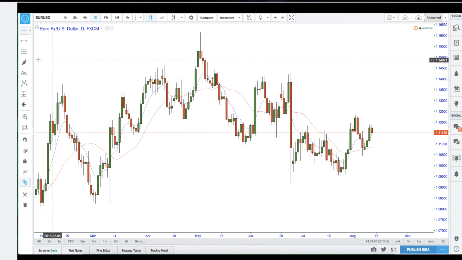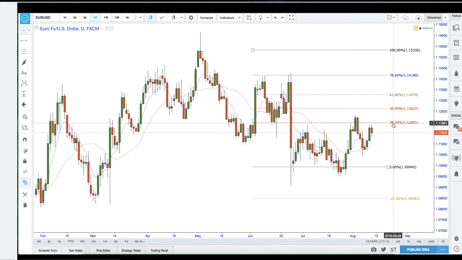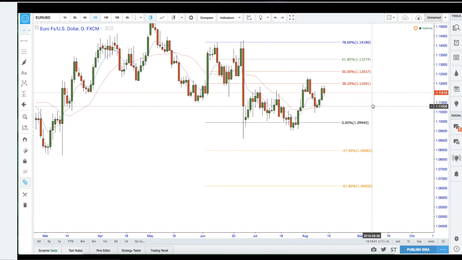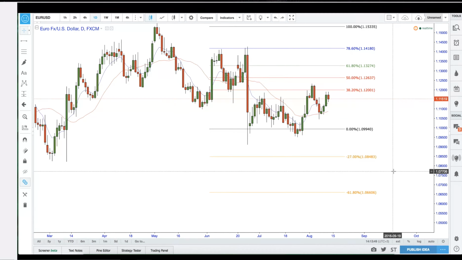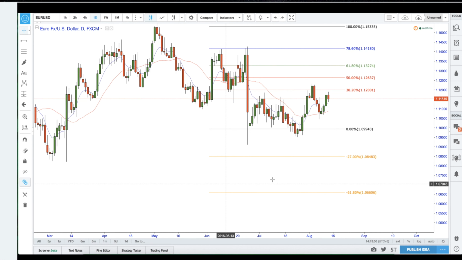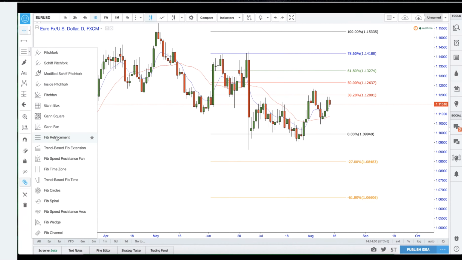So we're going to do, just going to test that once more. That's the fib. So we have 38.2, 50%, 61.8, 78.6. There are retracement levels explained later on. And then we have minus 27, minus 61.8. So that is 127%. This is 161.8%. But instead of us fiddling around with the Fibonacci retracement and extension, I've basically programmed the extension levels into one tool. So over here, the only tool we're going to be using is fib retracement.